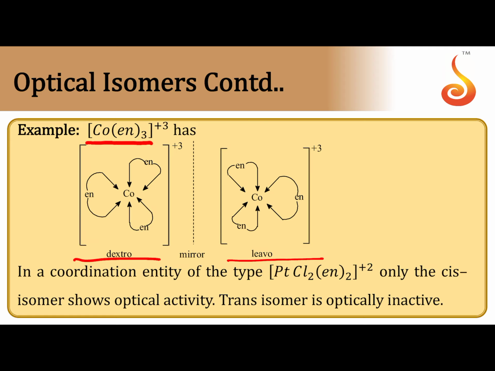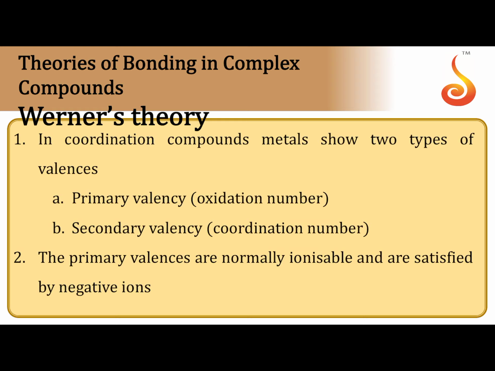Generally, octahedral complexes with bidentate ligands can exhibit optical isomerism due to lack of symmetry. So to exhibit optical isomerism, the essential condition is that the complex molecule should not have any symmetry. If you observe these two molecules, both are non-superimposable. One rotates plane of polarized light towards the right side, the other one towards the left side. They are optical isomers, non-superimposable, exactly mirror images. That's why they are also called enantiomers.